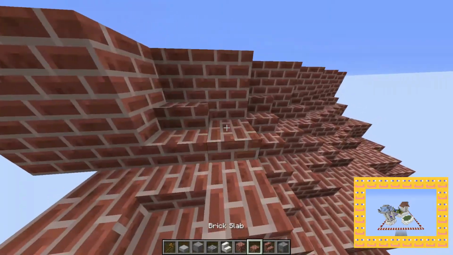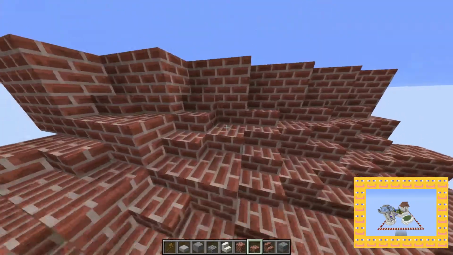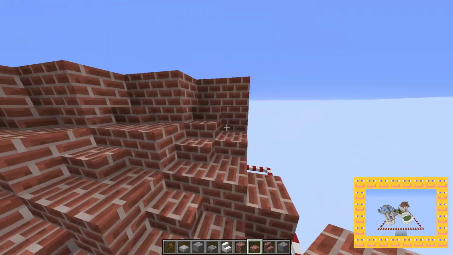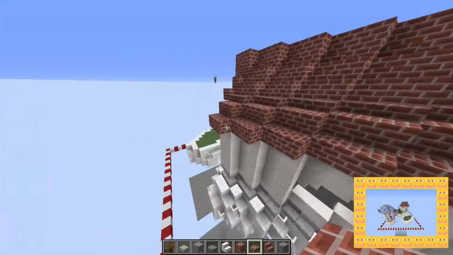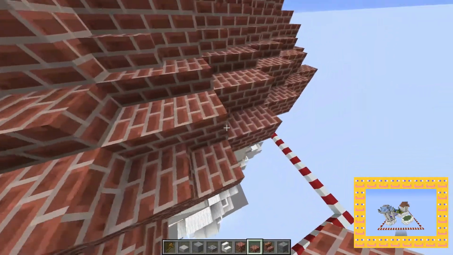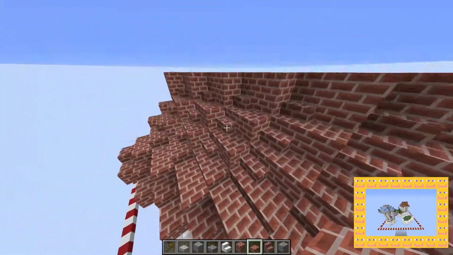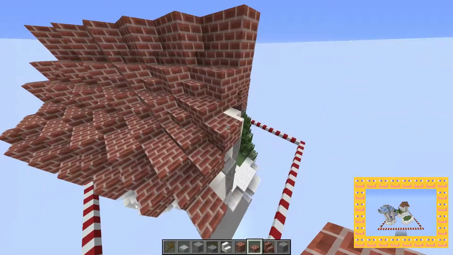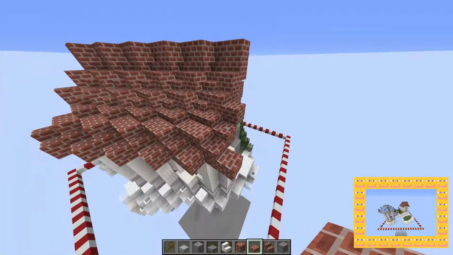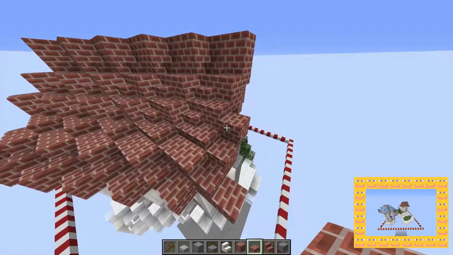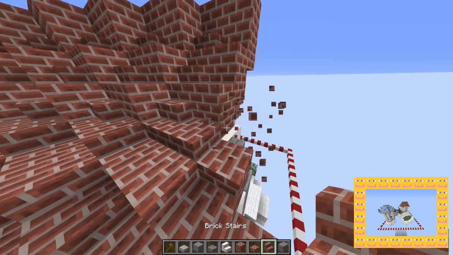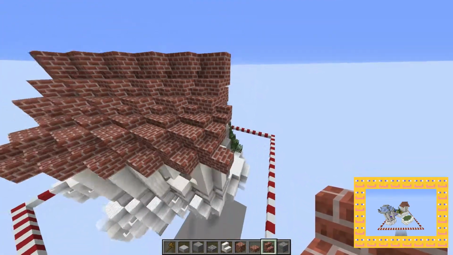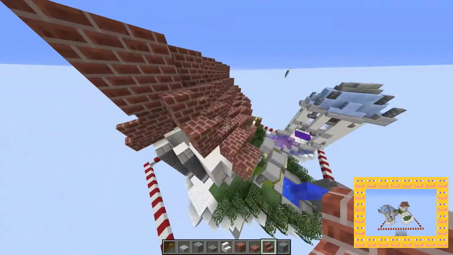And then having a roof made of only bricks like this, even though it's an interesting shape, it's going to get kind of boring. Let's be honest. So what we're going to do to fix that, and this one should be a stair. Yeah. What we're going to do to fix that